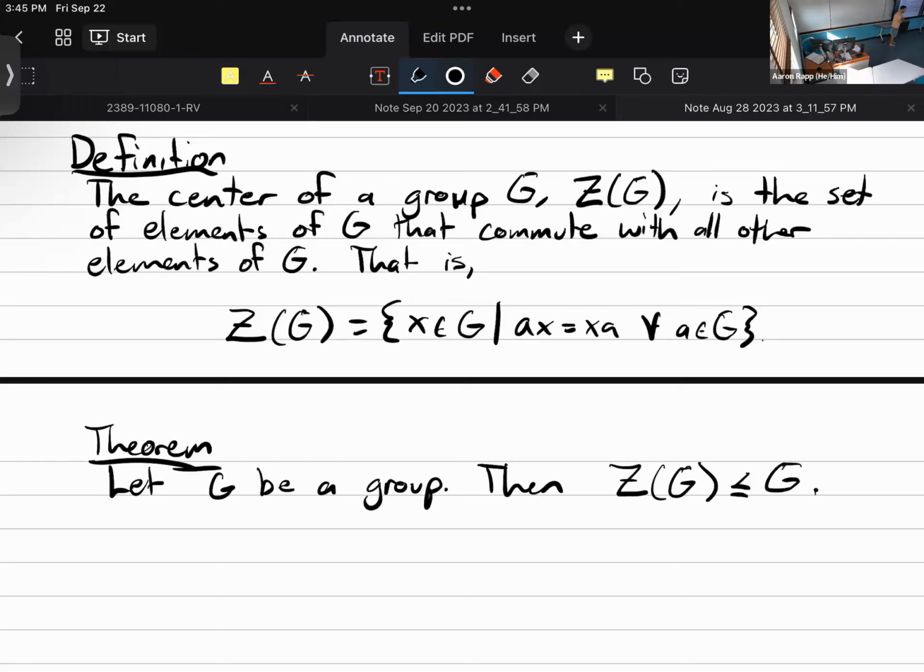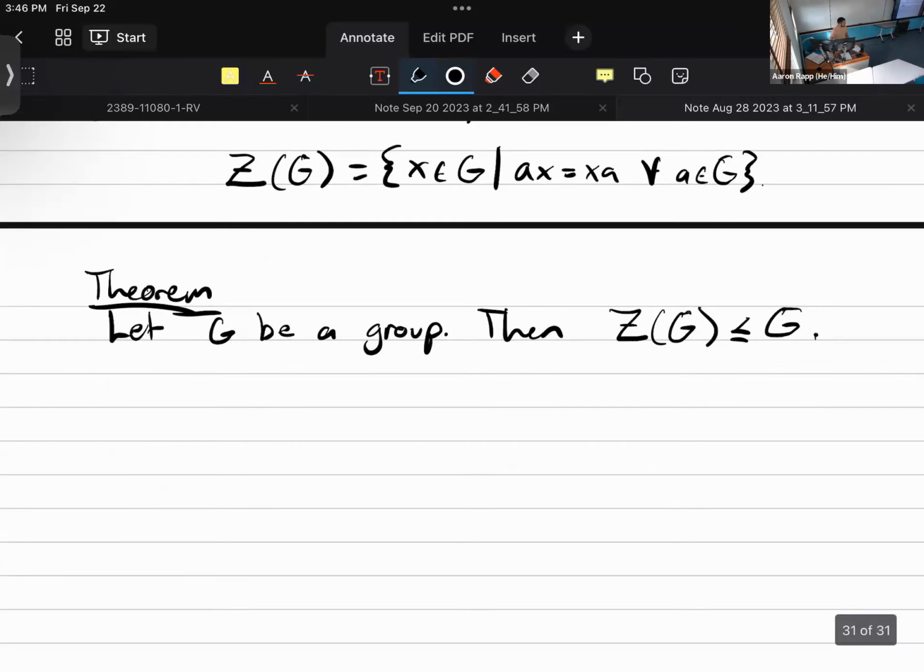And also, if you think about it this way, I'm saying within any group, there is a what group? Abelian group. An abelian group is made up of all the elements that commute with everything else, which means they'll also commute with other elements inside of G. So within any group, I can always find an abelian group. Now that abelian group might not be interesting, because it might just be a single element, but it's always there. We can start the proof.